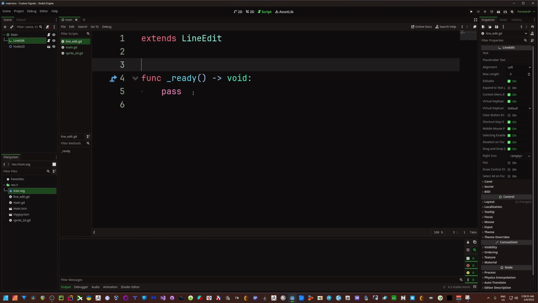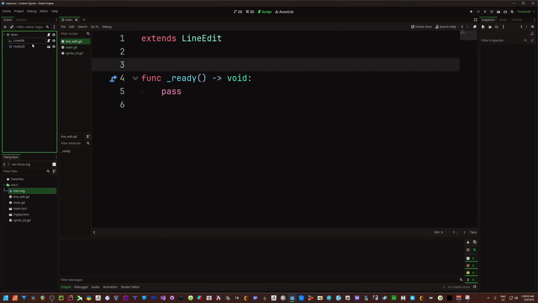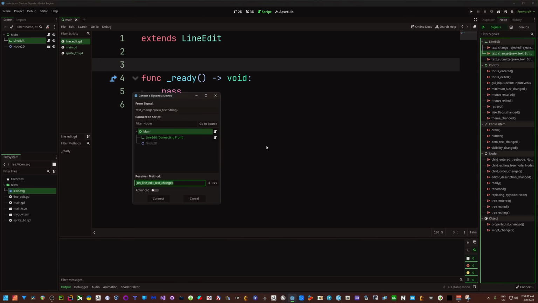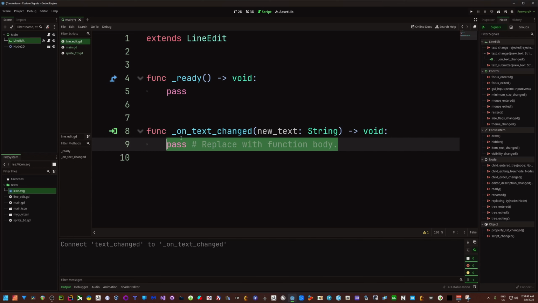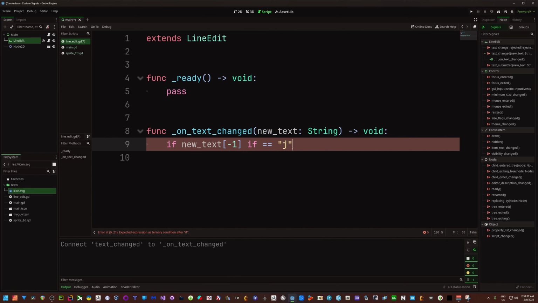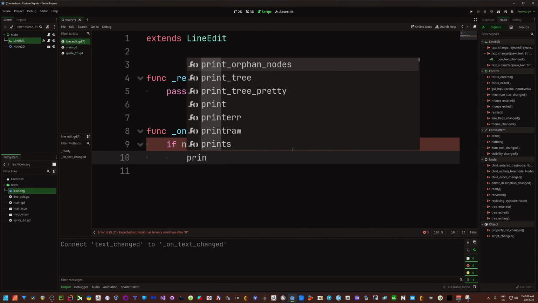Alright, so what we're going to do is I'm going to set this up so that when we press the J key, that is when things are going to happen. So I'm just going to go to my line edit, go to the node tab, select text_changed. I'm going to connect it to itself, and I'm just going to say if new_text[-1]. This is going to return the last character that was typed in. I'm going to say if that is the J key, then what I'm going to do is print